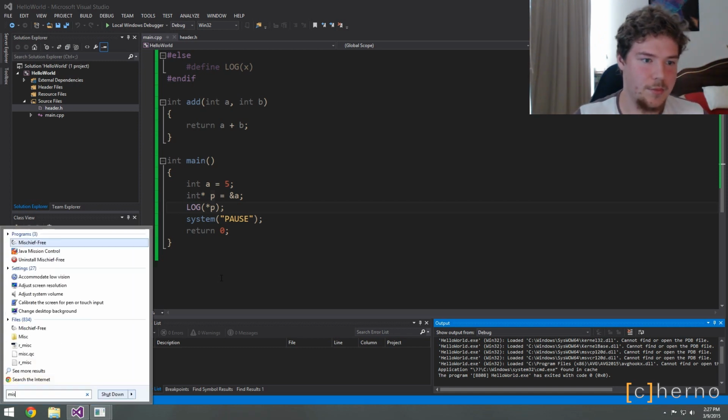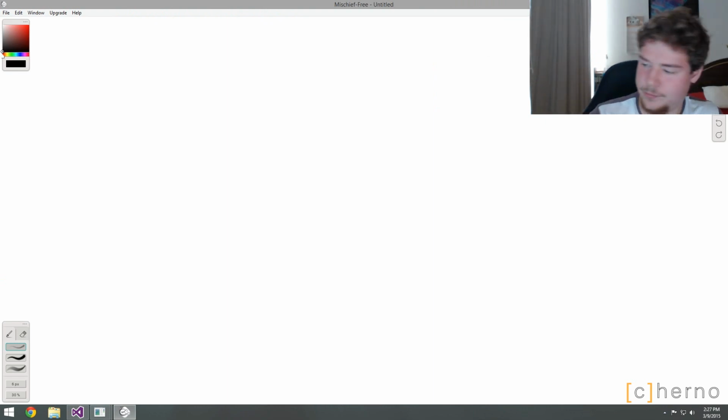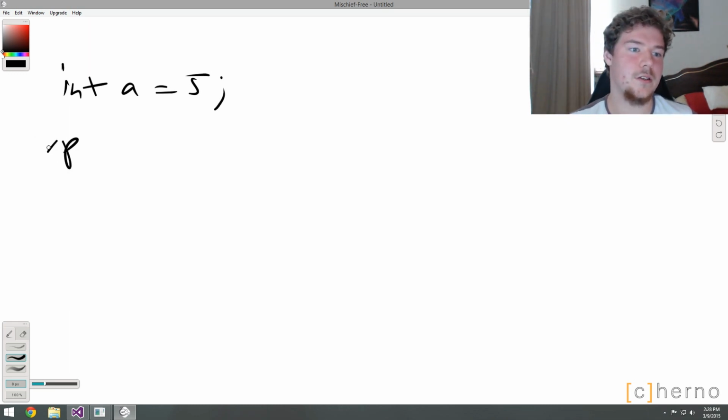So I'm going to draw you guys some diagrams here. Essentially, what we've got is we had an integer. I've never drawn on this account before, so it's all weird. But essentially, we had an integer called A, okay, and we set it equal to 5, right? Then we had a pointer, which I'm just going to denote like this, which we set equal to the memory